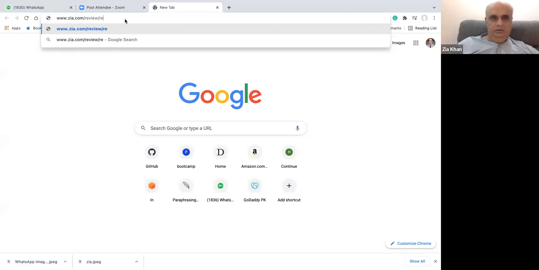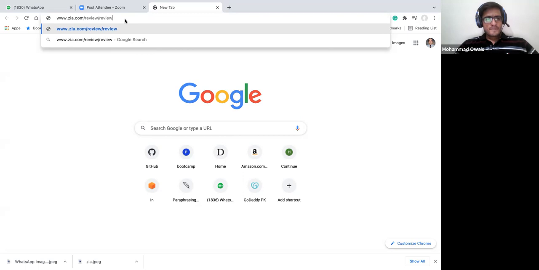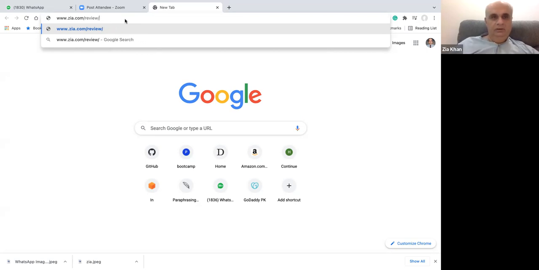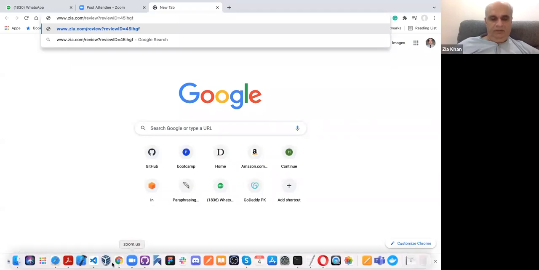Slash review ID. And then when you enter it, this is in path. In query, if you want to do the same thing, you will say review ID is equal to 5675 something. This is in path. So that's the difference between in query and in path.